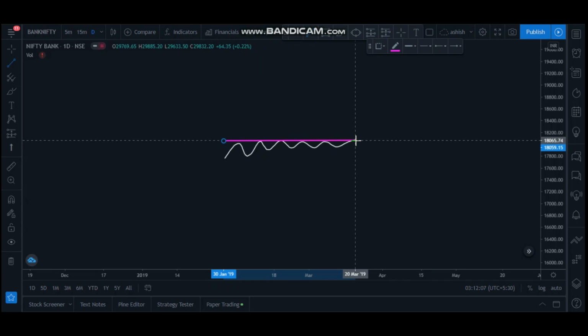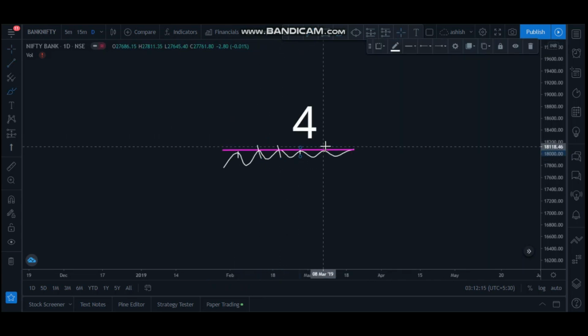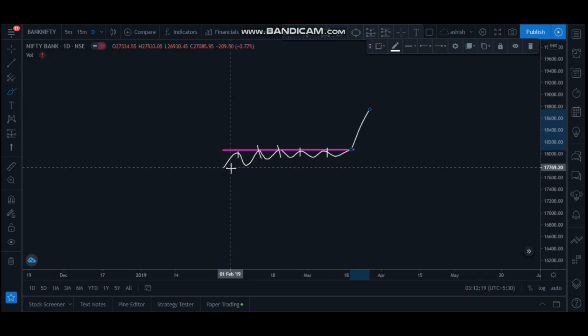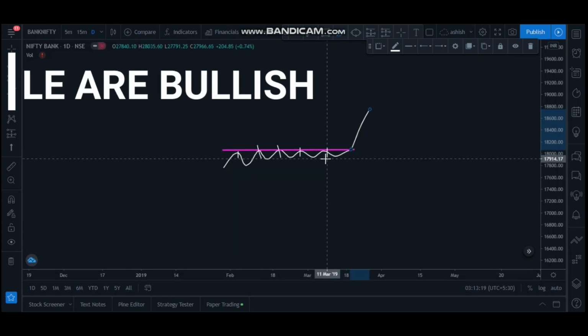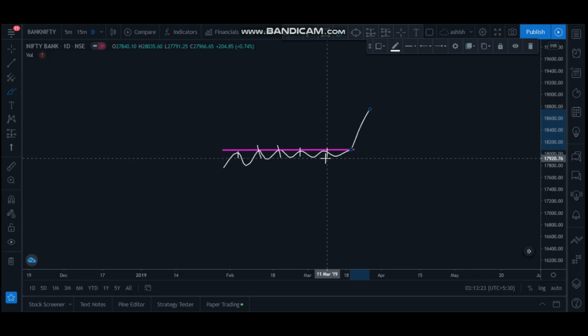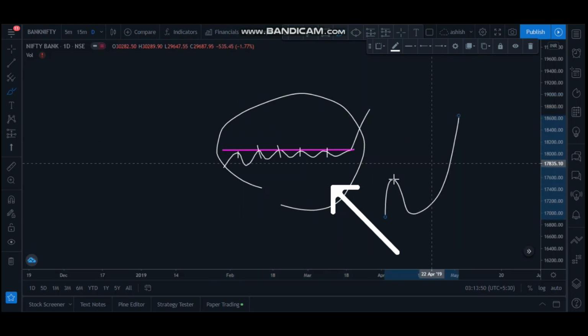If you draw a trend line this way, you can know better. You can see 1, 2, 3, 4, 5, and the sixth time it breaks, which means it has a higher probability of reaching our target. When we see price constantly touching these highs, that means buyers are trying to take the market higher and there are no more sellers in the market. So you should always try to find this type of trade rather than the market trying to achieve the target in only one attempt.